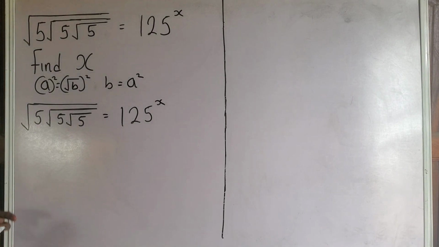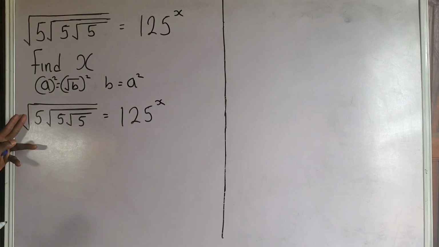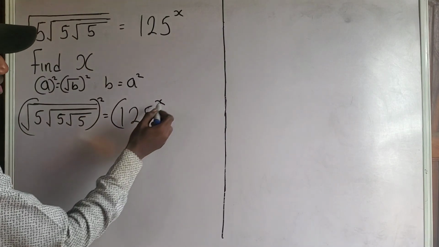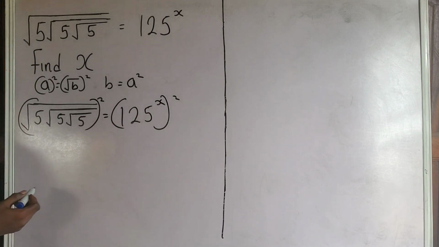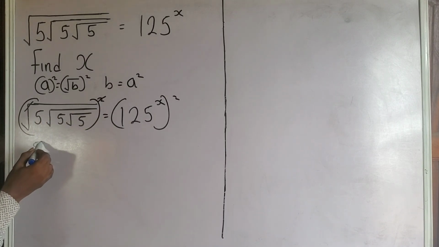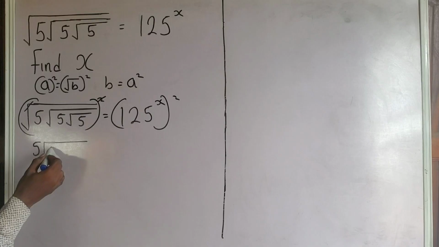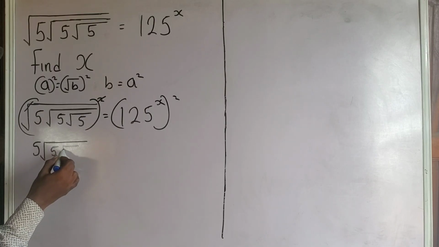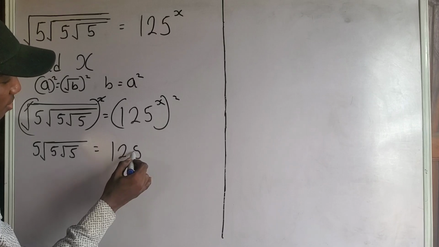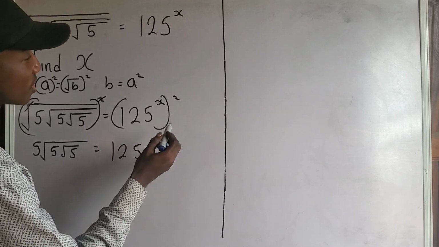The first step is that you have to eliminate all these square roots, you understand? And that will happen by squaring. Are you getting it? So let us square both sides. This squared and this squared, okay? So this square will eliminate this square root. So I'm going to have 5 roots 5 roots 5 equals 125 multiplied by, now listen to me carefully,